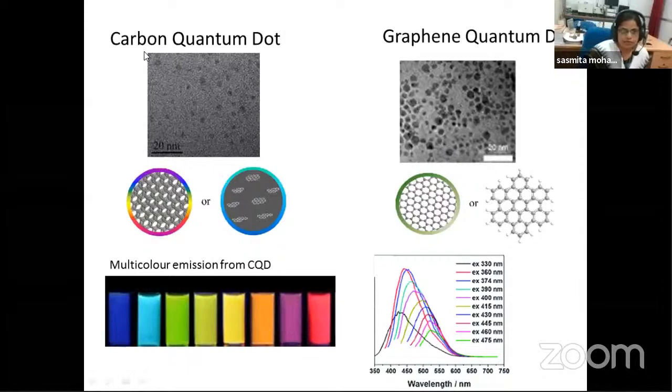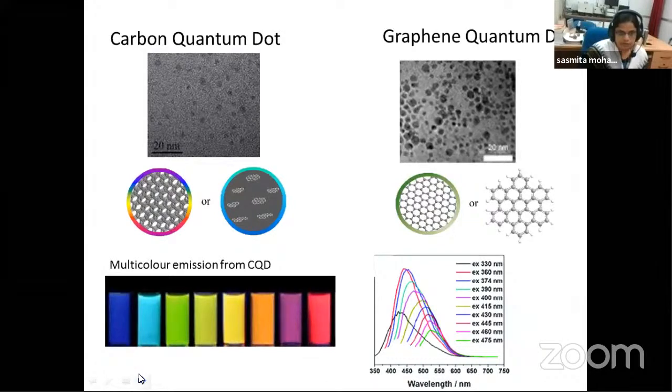As I have shown, carbon quantum dot is an emerging carbon nanomaterial. You are acquainted with graphene quantum dot. So what is the basic difference between carbon quantum dot and graphene quantum dot? Graphene quantum dot is an extended sp2 network, so it is a highly crystalline structure, whereas carbon quantum dot consists of a crystalline core and an amorphous shell. Broadly, the core is sp2 and crystalline, and the outside shell is amorphous, and it is the outside shell which imparts excellent luminescence property to carbon quantum dots.